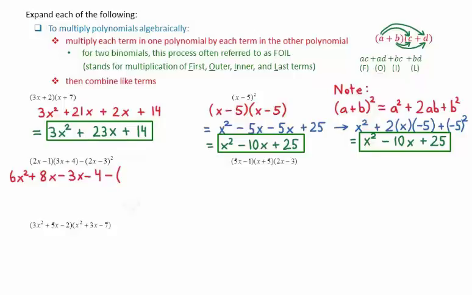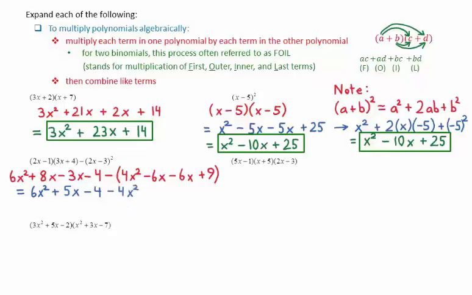Again, using FOIL, we get 4x squared minus 6x, which is 2x times negative 3, minus another 6x, which is another 2x times negative 3, and finally plus 9, which is negative 3 times negative 3. We can then combine like terms for the 6x squared plus 8x minus 3x minus 4. This gives us 6x squared plus 5x minus 4